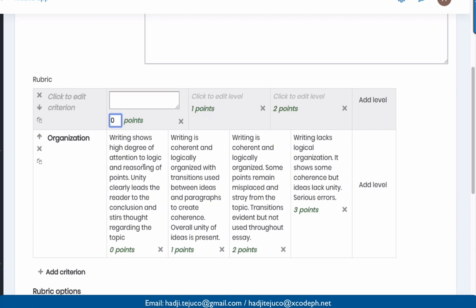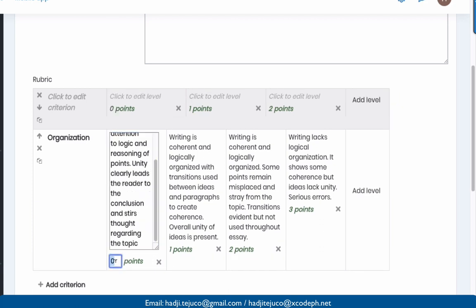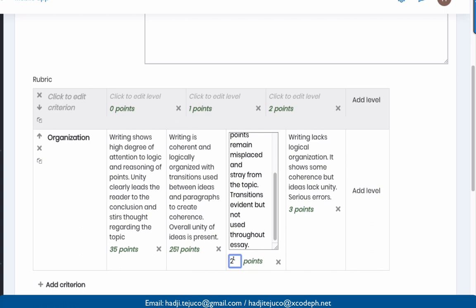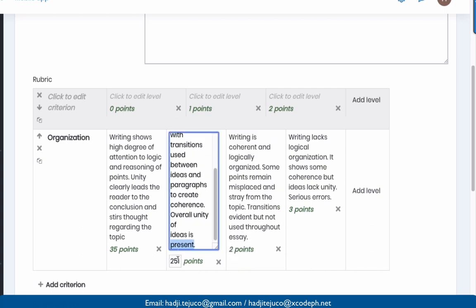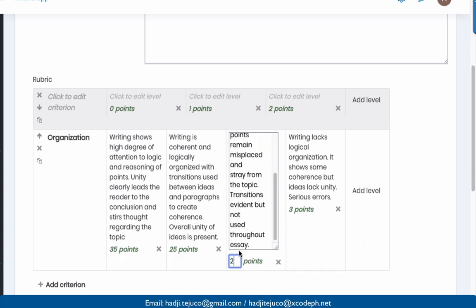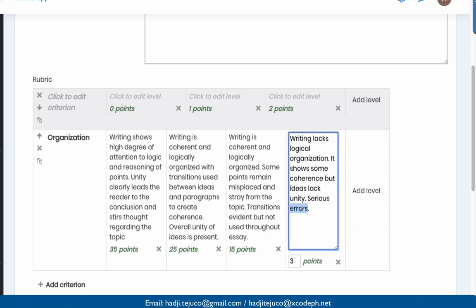So let's say this is the highest value. Let's give it a grade of, let's say, 35. This one is 25. This one is 20. This one is 25. Okay. Next item here. So how many points is that already? So that is 60. So let's say this is 20 or 15. 15 points. And for the last one,